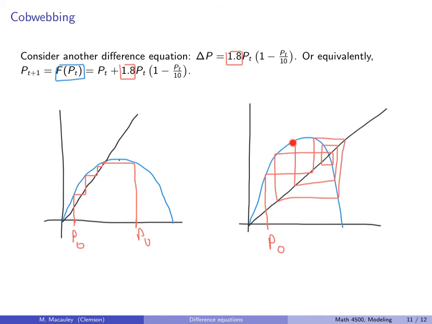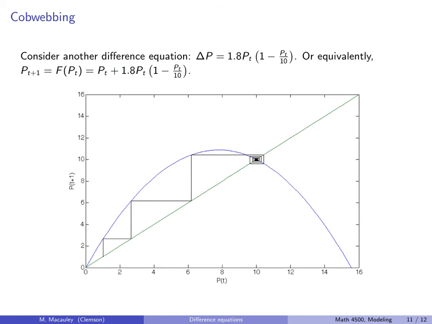Well, the truth is I didn't actually draw this very accurately. We'll see later that there actually are values here where this does not converge, where this thing is just going to oscillate forever, and this is called chaos. But if I had drawn this better, you would get the following picture, something like this. So yes, the intersection point is to the right, but